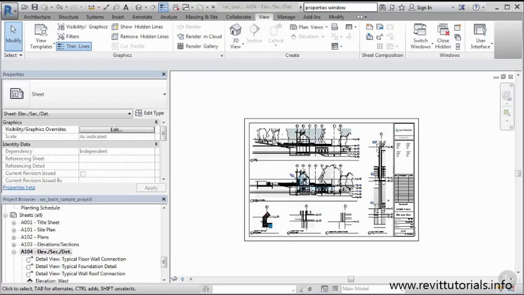Properties window is another feature that I would say is pretty unique to Revit. It gives us the ability to look at the properties of both views and also objects in our project. So let's take a peek. So right now we are basically in a sheet view, and to really understand the power of working in the